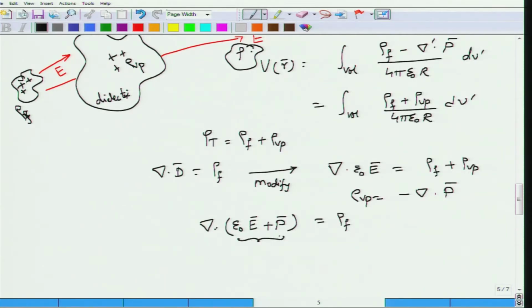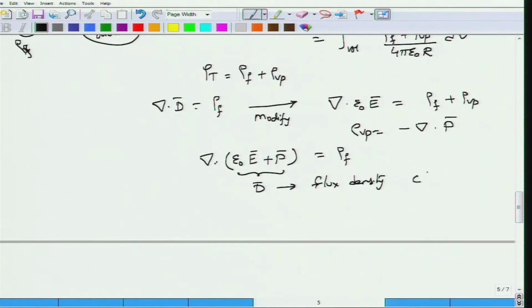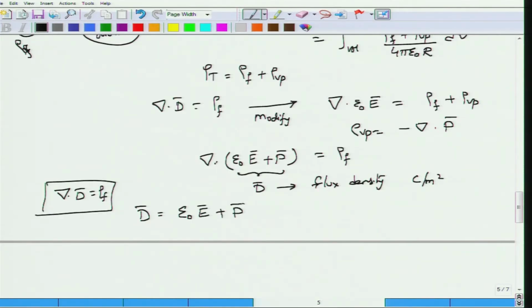and this would be equal to the free charge density rho F, okay. So this epsilon 0 E plus P is given a name D, which is called the flux density, okay. So in terms of this flux density vector D, which is measured in coulombs per meter square, I now have a full relation of D and rho, which is del dot D equals rho F, okay, where D itself is equal to epsilon 0 E plus P,